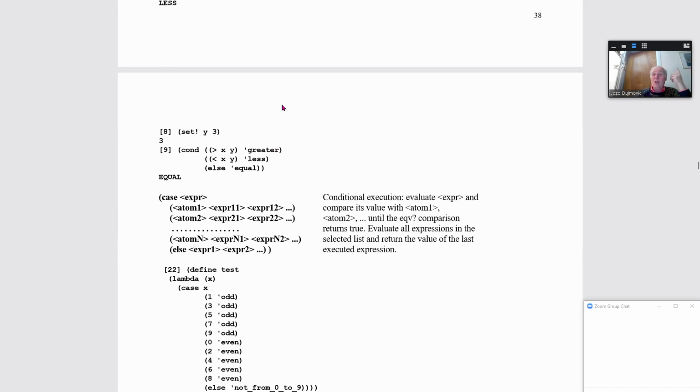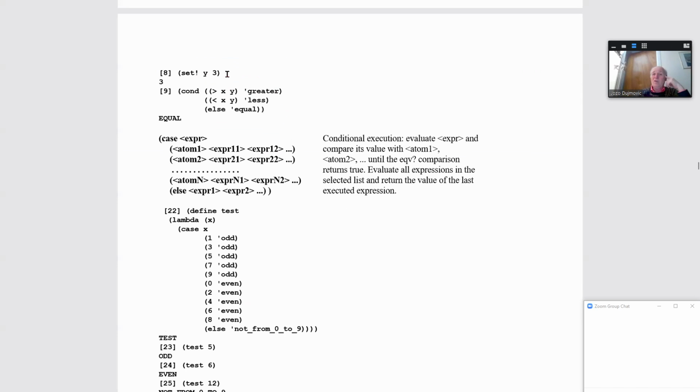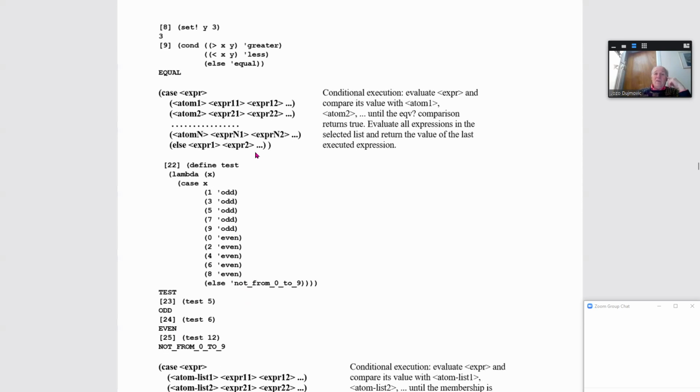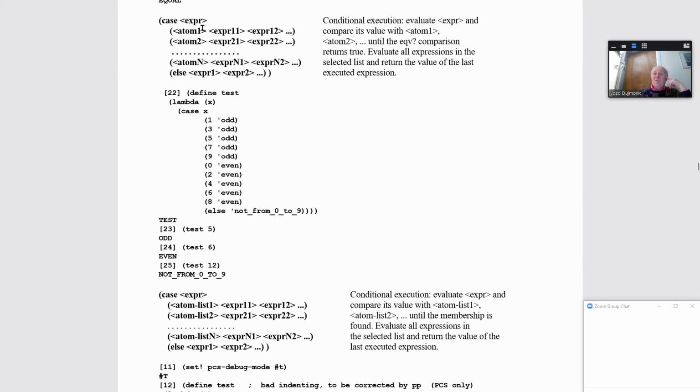Okay. So now you can say y to be 3, and then after we apply this operation, we get equal because 3 and 3 are equal, so it is not greater, it is not less, therefore it is equal. We also have case statement, same as a switch case in C, C++, Java, and we have that